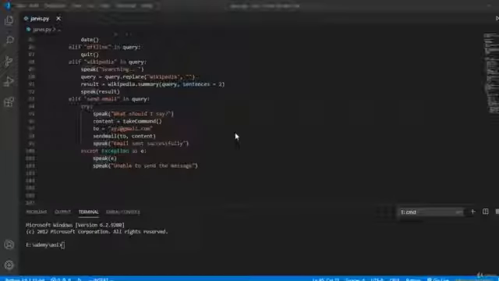In the previous video, we have created the send email function. By using this, we were able to send email using our AI assistant. In this video, we will add another feature like searching in Chrome. For that, we will write another else if statement here, and if our command or query contains the word search